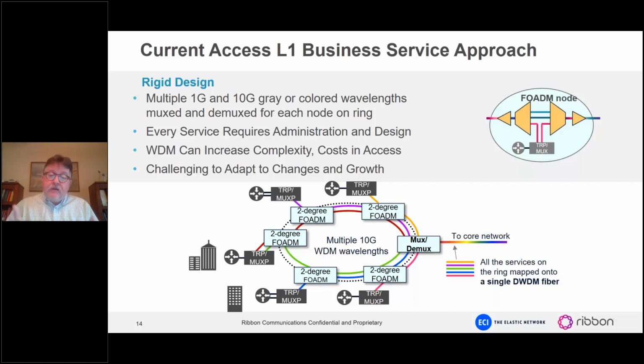If there's not any growth, then obviously once you put it in, and if it's working for you, great. But the difficulty is over time, as you grow, as your pipes grow in size, as they grow in number, you're still dealing with your legacy traffic. In the non-OTN switching world, for your legacy TDM traffic, for your fiber channel traffic, you're having to put in a different card, a different muxponder, and so forth to format those and put them on their own wavelength. OTN switching, of course, removes all of that